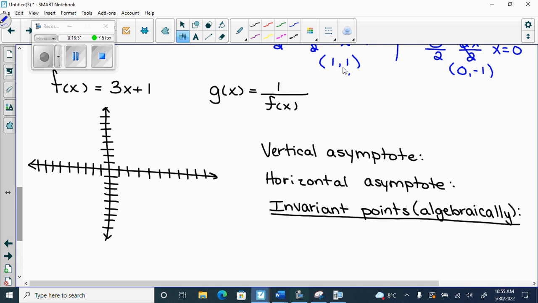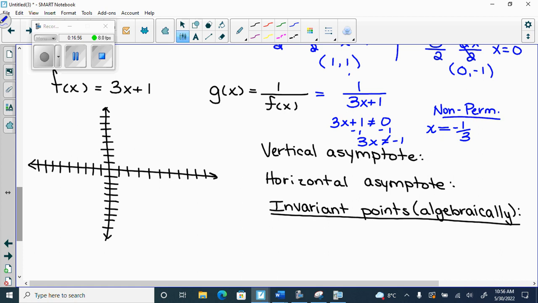So here, we're going to do our vertical asymptotes based off of our non-permissible value. Here we would get 1 over 3x plus 1. So our NPV is going to be 3x plus 1 can't equal 0. Subtract 1. 3x can't equal negative 1. And then divide by 3, so we get x can't equal negative a third. And that's because it's a non-permissible value. Right? So it can't equal that, because if it did equal that, my denominator would be 0. So any x equals negative 1/3 will not be on the graph. Therefore, we call it a vertical asymptote. X equals negative 1/3. Because that's where the asymptote actually is, and that's where the graph is not. So the asymptote's there, but there can't be any graph there, because if it was, my denominator would be 0,